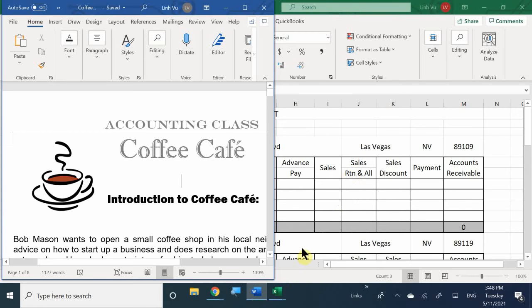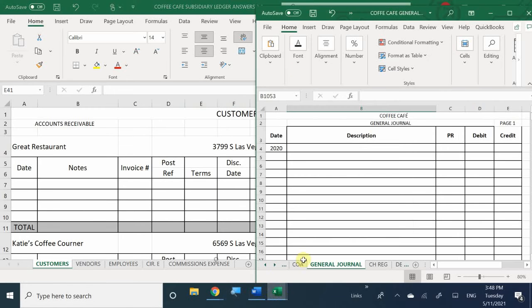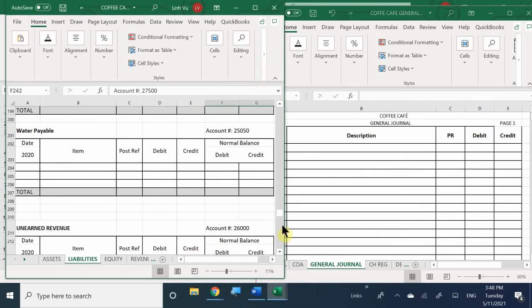All right, so once again, I can't assume that you guys have multiple monitors, multiple screens, or anything, so whichever way helps you set up, set up that way, right? I recommend, if you'd like, you can print out the scenario so you have it on the side and you can flip over while you enter your information in the computer. That is probably the most efficient way you can do it. Now for me, in order to show this on your screen, I'm just going to split screen it, okay? So I'm going to have it overlaying and overlapping one another, okay? And I'm just going to flip through by setting my